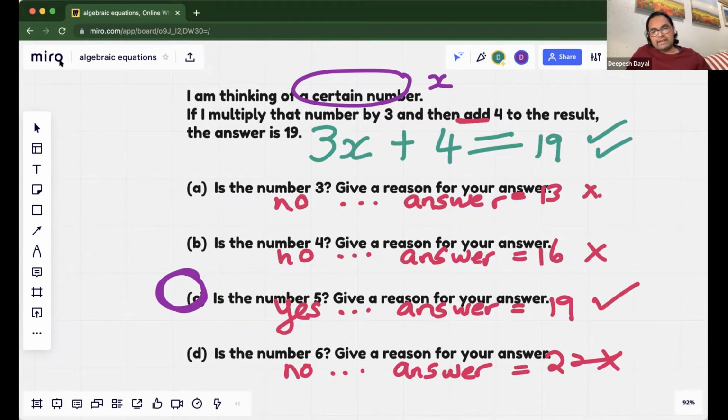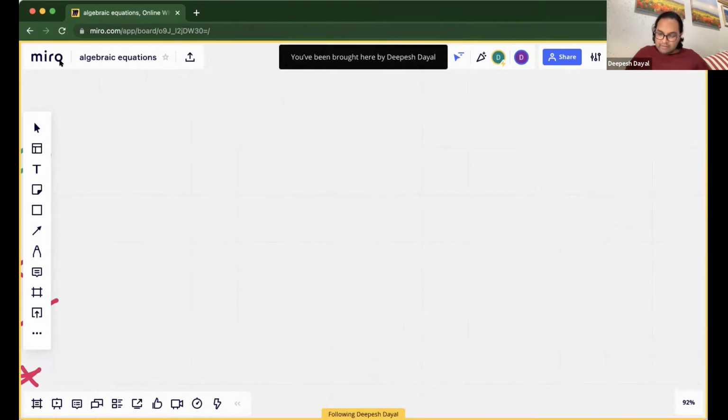So that is the aim of this part, algebraic equations. How do we convert the words into equations? So what are we seeing here? A lot of them have this certain number, and then we use numbers, and we also use what we call variables, which is like x and y and things like that. So I just want to clarify the terminology.